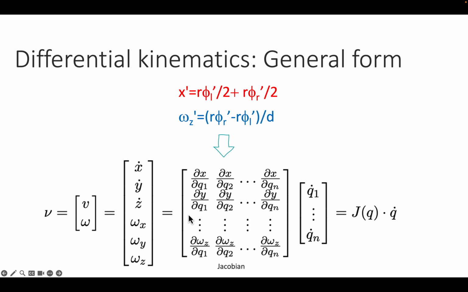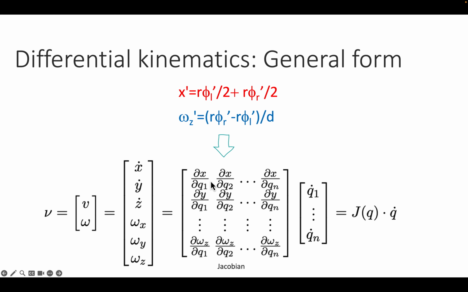Now on the right side, we have the angular speeds of a robot arm or a mobile robot. When you look at the matrix here, you will have 6 rows and as many columns as you need for the actuators. In the case of the mobile robot, we only have the x dot component and the omega z component, which are 2 rows in the output,